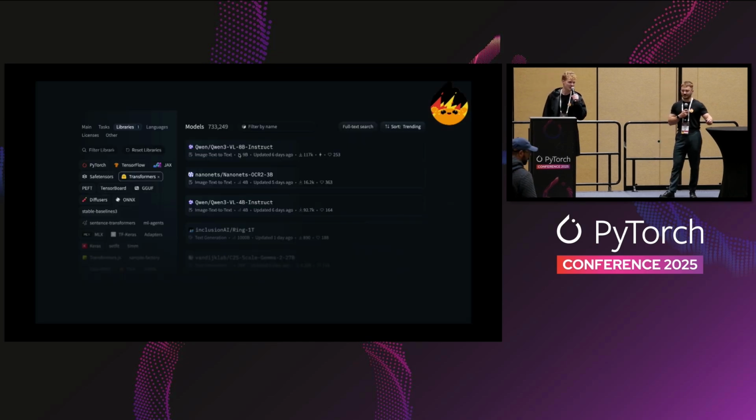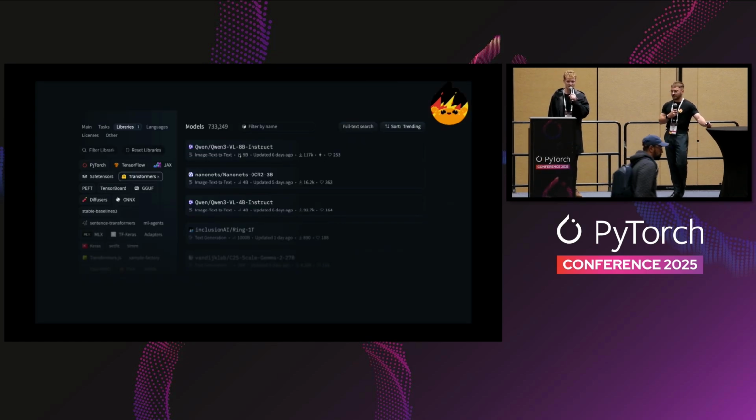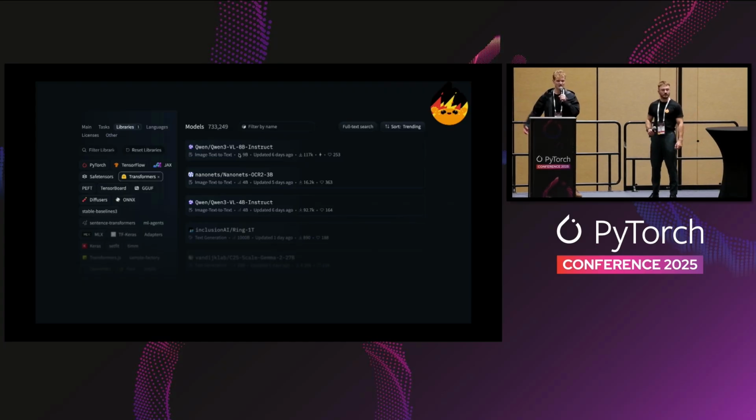We're also very happy about the amazing ecosystem and the amount of models that are compatible with Transformers. So this is about 700K today on the hub. And I want to take a little bit of time to thank every model provider and every person in the community that contributes to that. I think it's very important, and sometimes we do forget about them. So thank you, everyone.